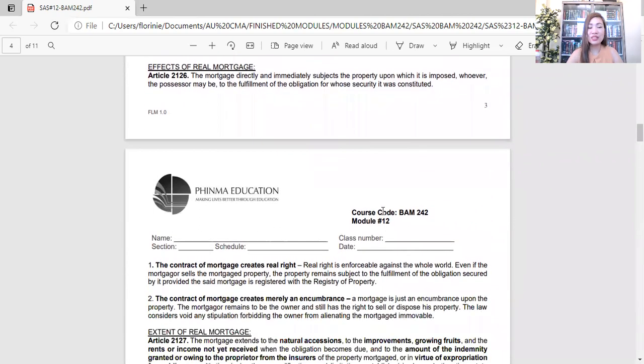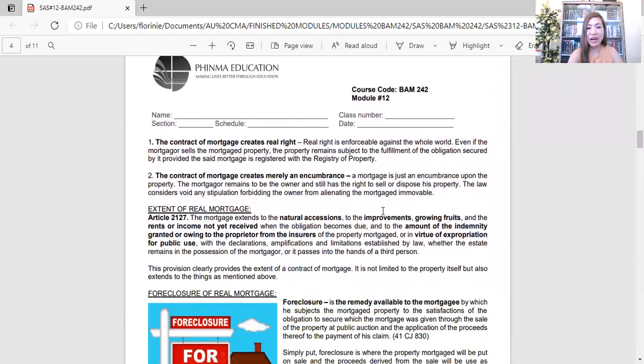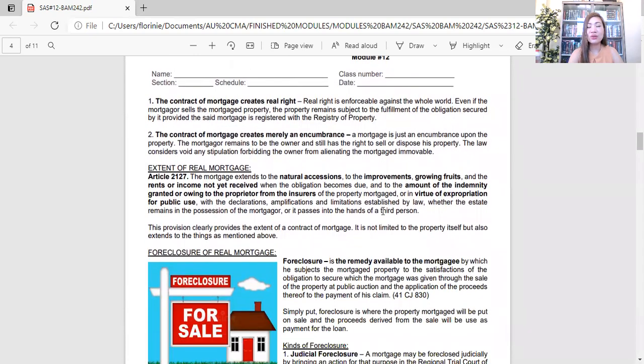Article 2126. The mortgage directly and immediately subjects the property upon which it is imposed, whoever the possessor may be, to the fulfillment of the obligation for whose security it was constituted. So, immediately ang effect ng real mortgage. So, the contract of mortgage creates real rights, which is enforceable against the whole world. Okay, so